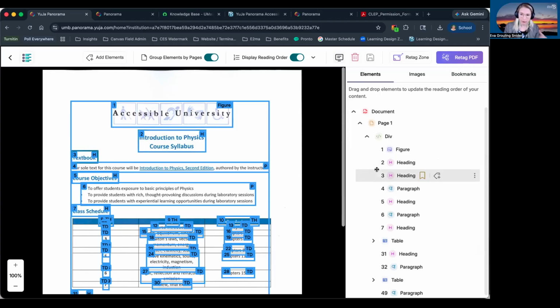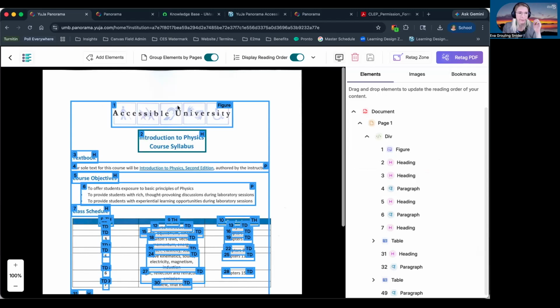If you have documents or content that isn't fully linear, that doesn't just go straight down the page, but you've got columns or you've got other visual content that might not be strictly linear, then you want to check that the reading order of the document is following the correct order of how that content should be read.